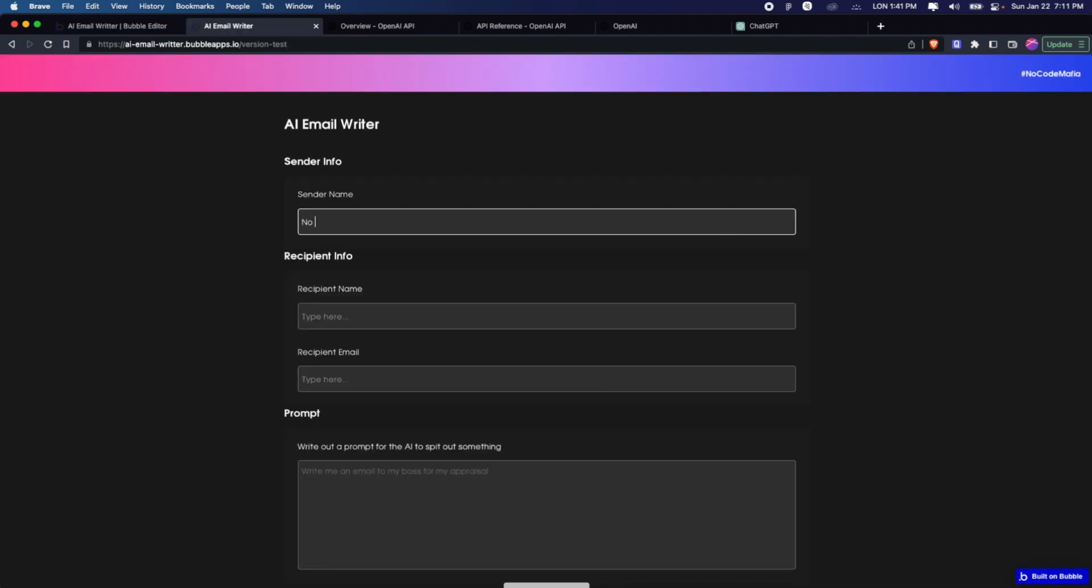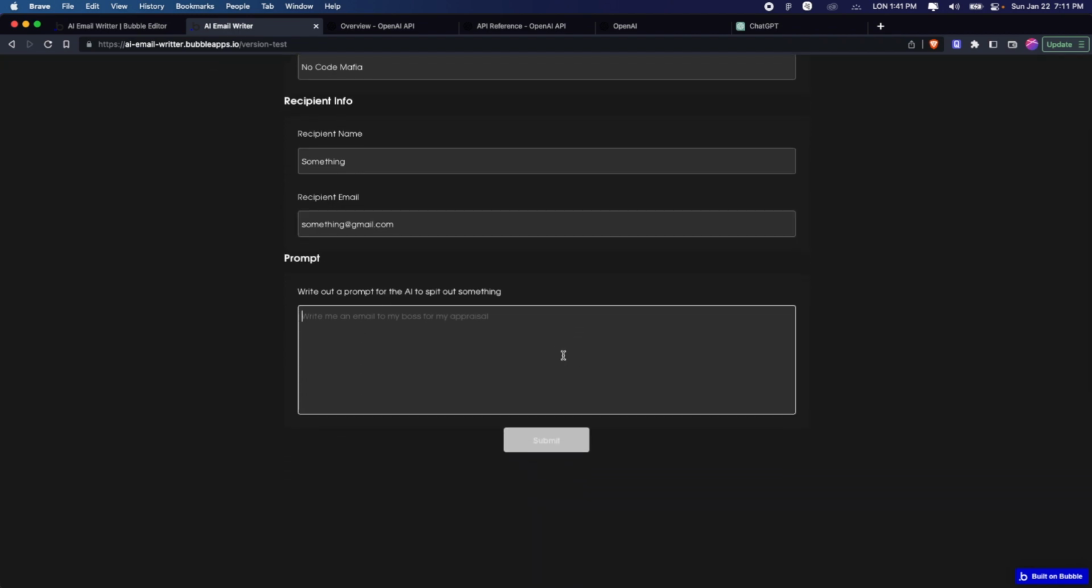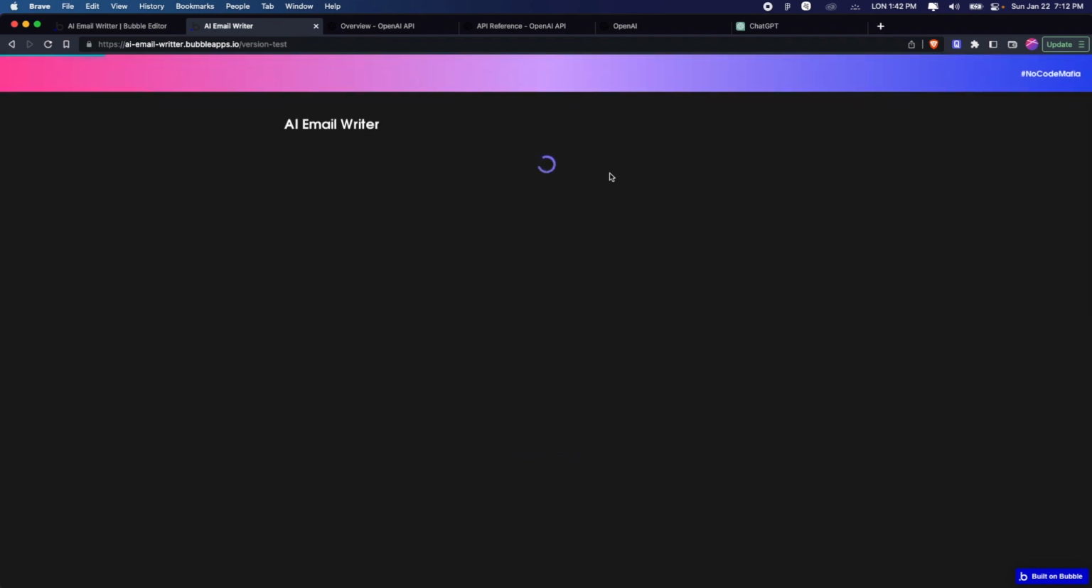So sender name, no code Mafia. Recipient name, something at gmail.com. I wish I could just fill it out automatically, but that's not possible. Prompt would be: write me an appraisal for my boss, telling him how awesome I am and I need a raise. Don't we all? So when I hit submit, you can see that it loads, and you can see this is going,